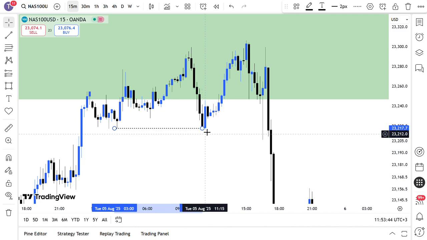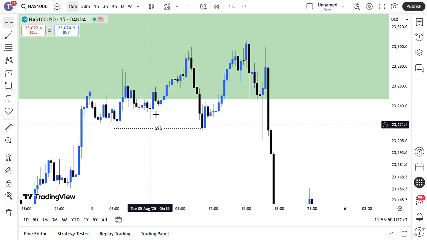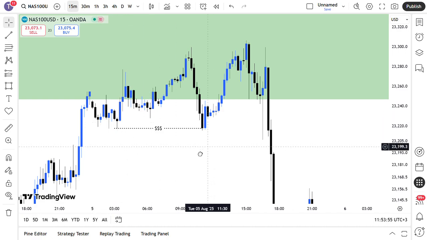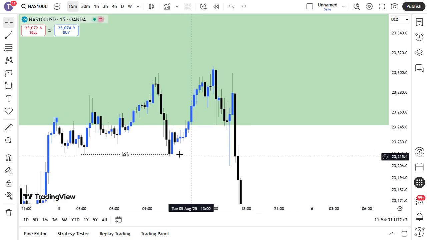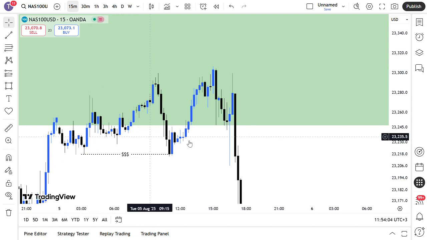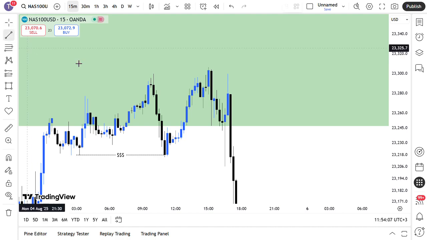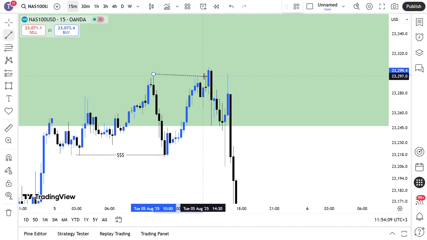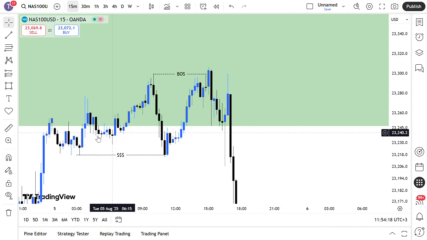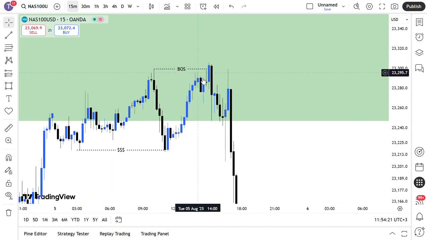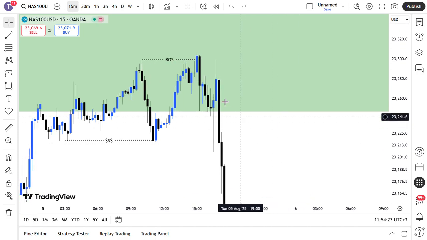and I was very keen with this structure being formed. So there is a sweep of liquidity down here, and then the other low also was taken out, this low and this low. After that, I waited for a break of structure so that I can mark this as my strong low because it swept liquidity over this side. So later on, I found that the market came back up here to break this structure. So I have my valid break of structure after the sweep of liquidity. You can see very clearly the break of structure is up here, and then we have this move to